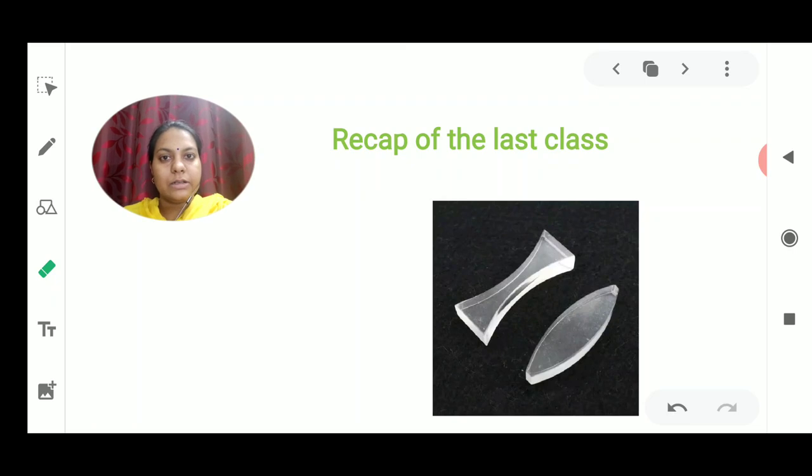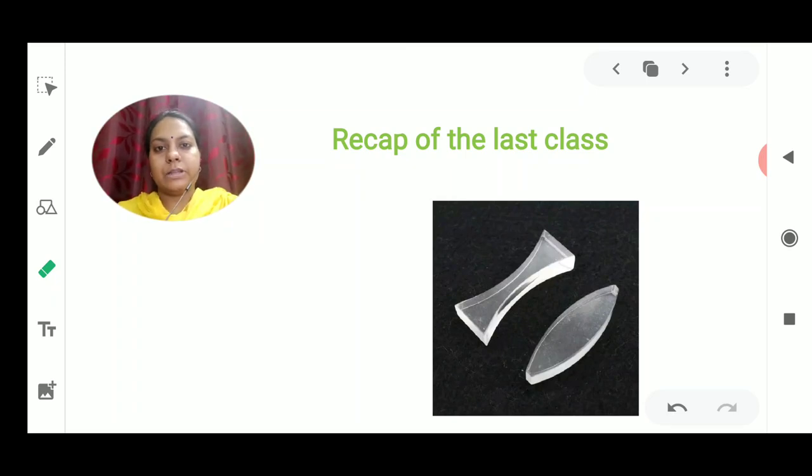Then after the discussion of the concave and convex mirrors, we saw that there are certain rules which are followed for image formation in the concave as well as in the convex mirrors. We have seen that there are various positions where the object can be kept, and then we can obtain different types of images in the concave as well as in the convex mirrors. Then we saw that the nature of the image also varies when the object is placed at different places.